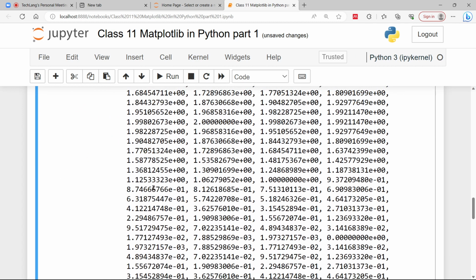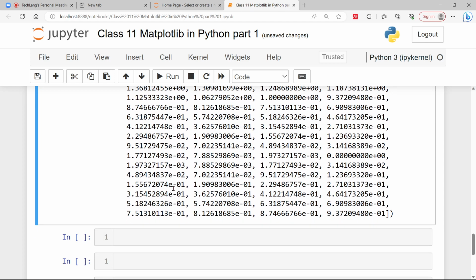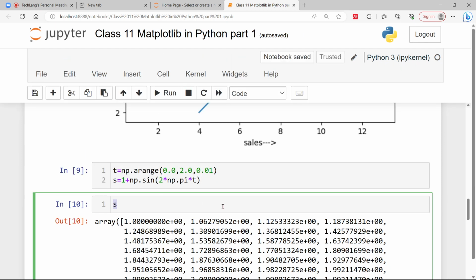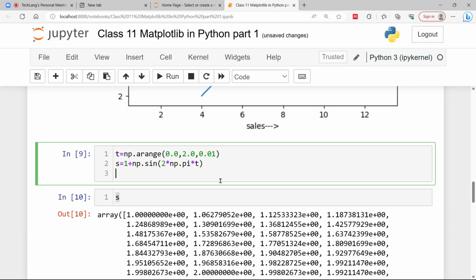Can you see these values are representing respective function of 1 plus sine 2 pi r, right? So 1 plus sine trigonometry function is encapsulated within the same value. Can I create a plot function for the same? So I give plt.plot, and within the plot function I'll pass the x-axis and the y-axis